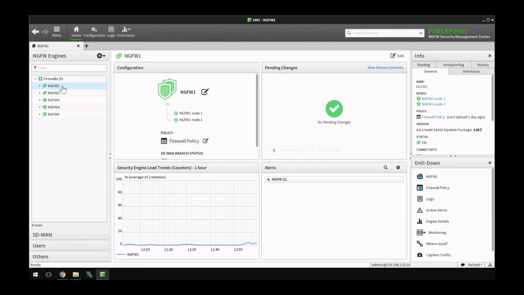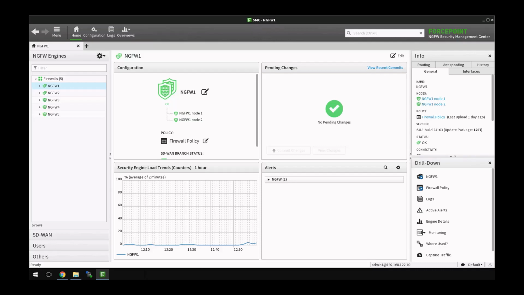After all nodes in the cluster have been upgraded, the policy should be installed. When the policy is installed, the SMC generates the configuration based on the lowest engine version in the cluster. Thus, after the upgrades are done, the SMC will generate the configuration based on the new engine version.